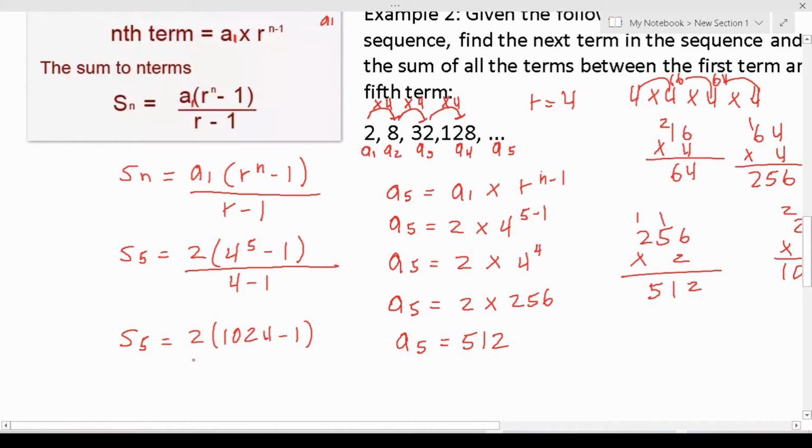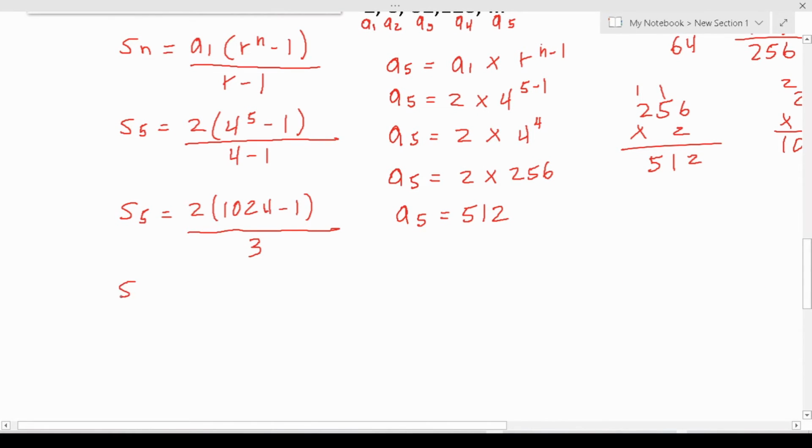That's minus 1 over 4 minus 1, which is 3. Let's keep working this out. S to the 5th equals 2 times 1024 minus 1, which is 1023, over 3. Let's work this out. 2 times 1023, that's 1023 times 2. 3 times 2 is 6. 2 times 2 is 4. 2 times 0 is 0. 2 times 1 is 2. Okay, so we can see that this is s to the 5th equals